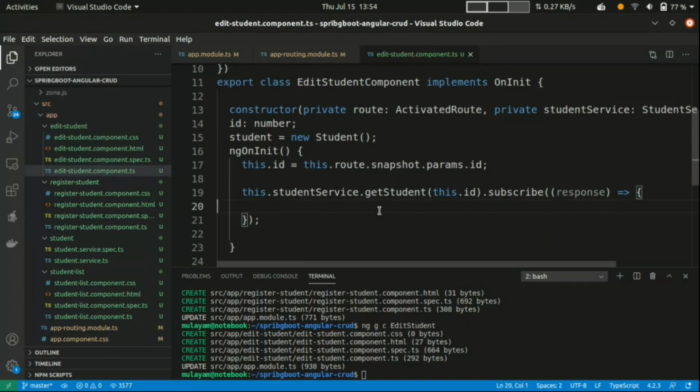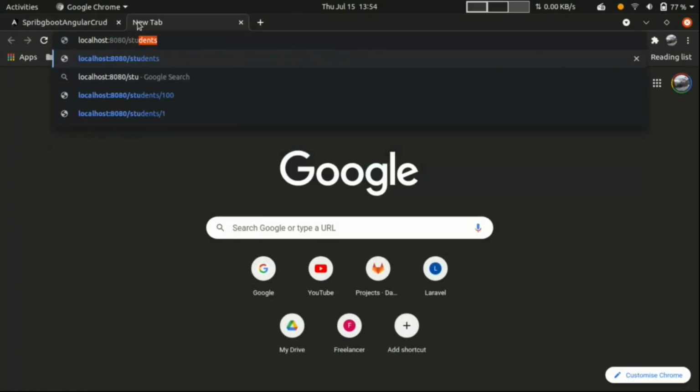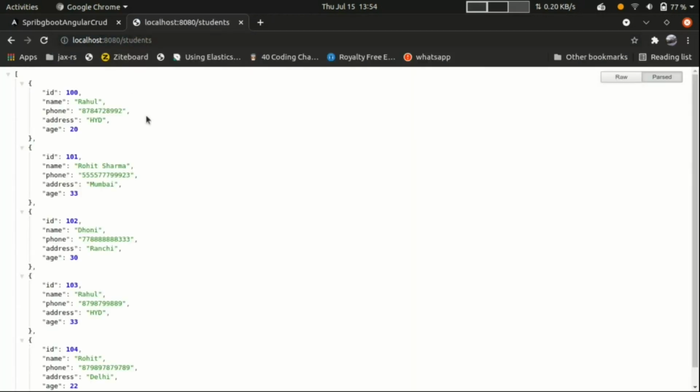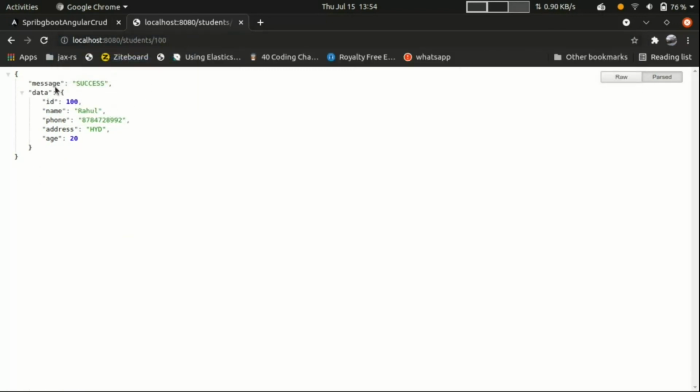Okay, so there is one URL. What is that URL? localhost:8080/student. It will return all the student list like an array, but to get a specific student I have to pass something like 100. So we are getting it like this. Actually there should be one common format for all types of response, but anyway I want to access this data.